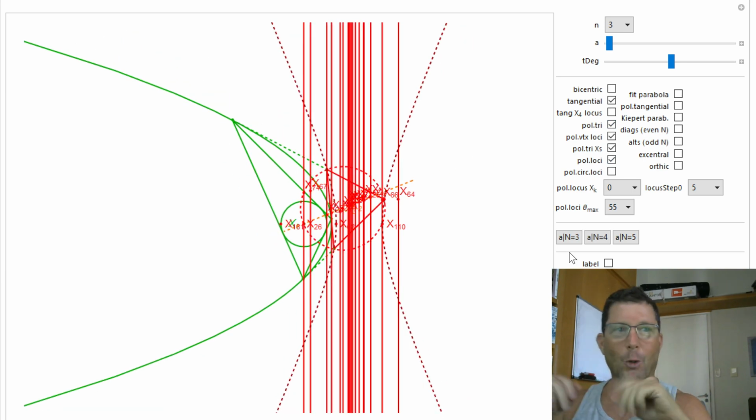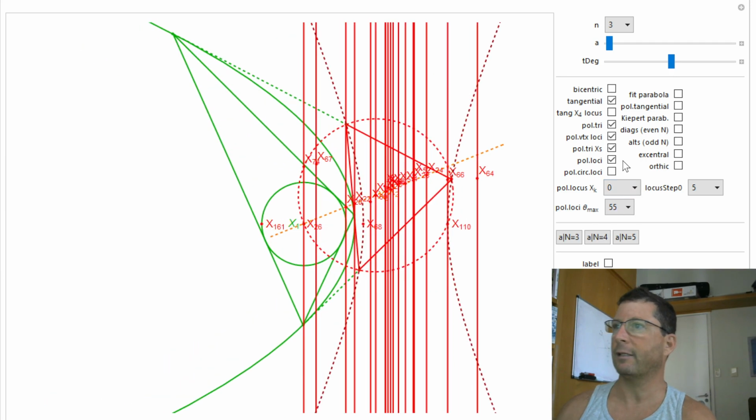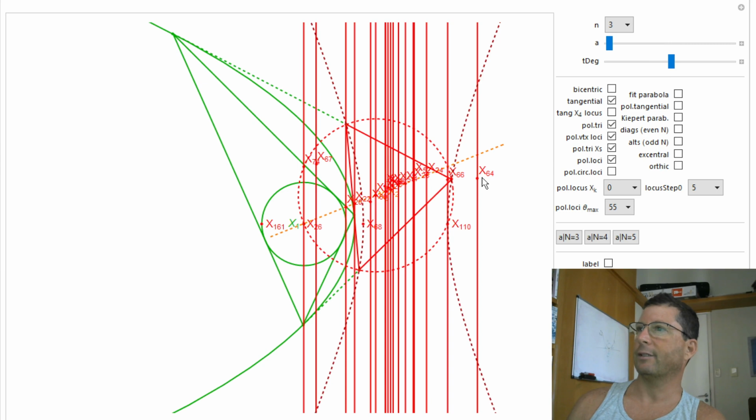So we have this barcode Frankenstein family, right? Where dozens of, so I'm counting here on my script, there's maybe 20 or 30 triangle centers between X1 and X200, whose loci over the family is an infinite straight line. I personally had never seen anything like it. So you can see here X64, X110 itself,